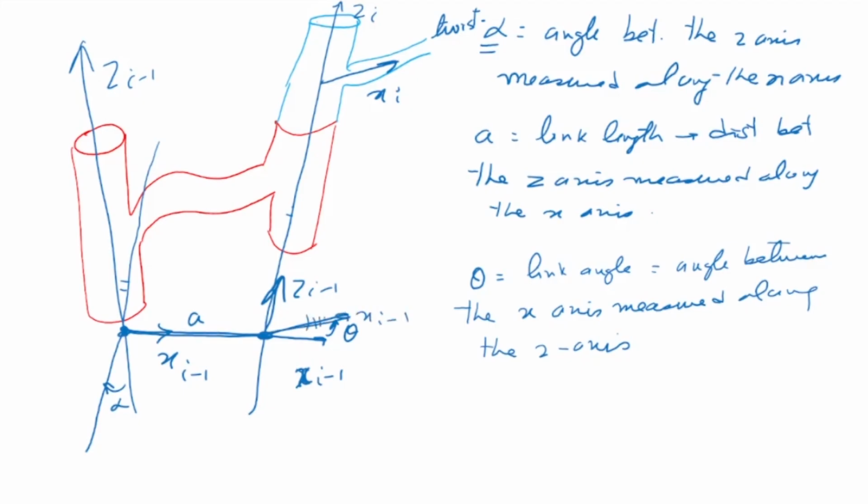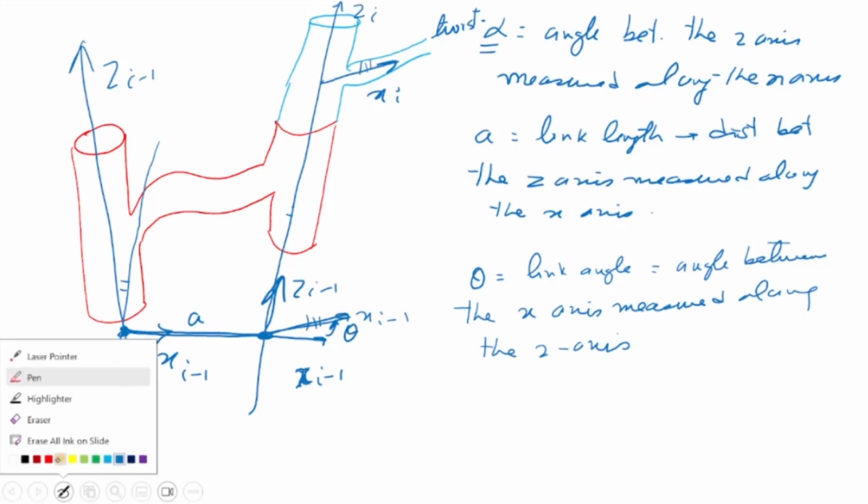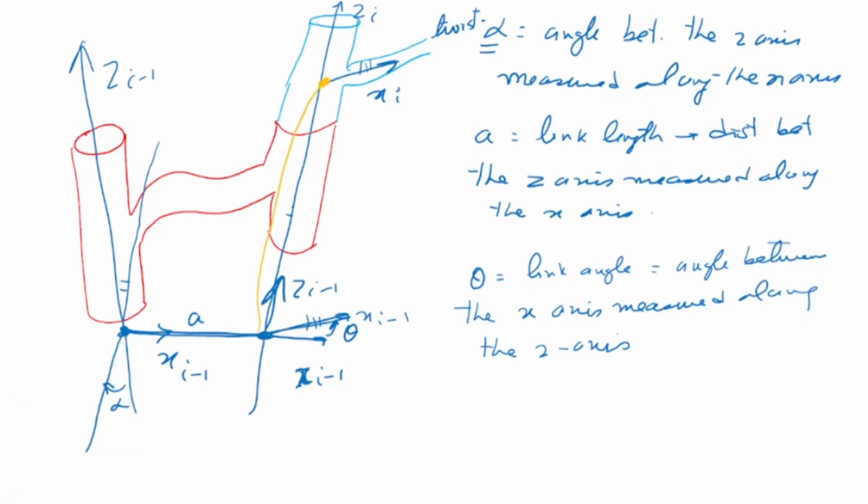Now the x_{i-1}, this and this are parallel, okay. Now we still see that there is a distance between the origins, so I move the origin from here to there, and now the z_{i-1} is here, x_{i-1} is there, so both the axes are aligned. So this is my d, which is called offset,